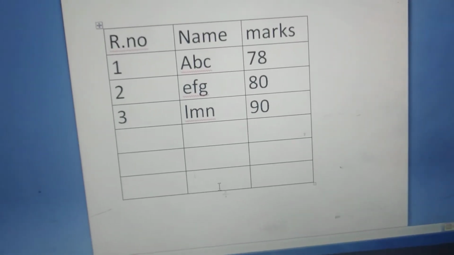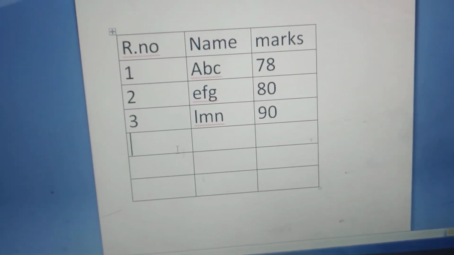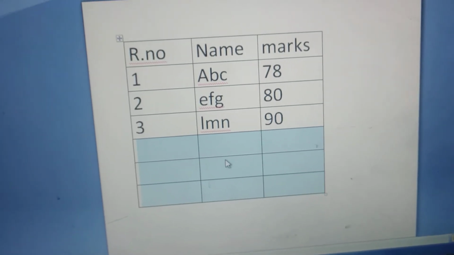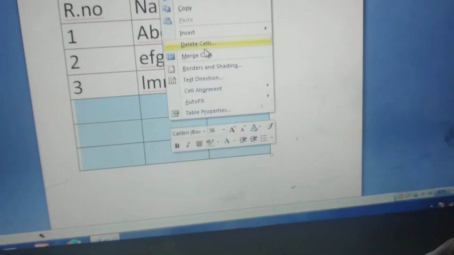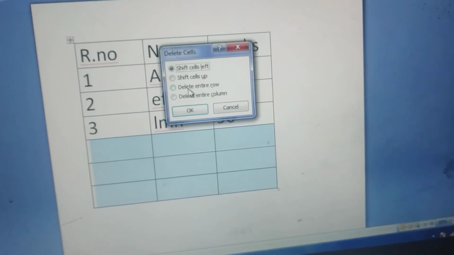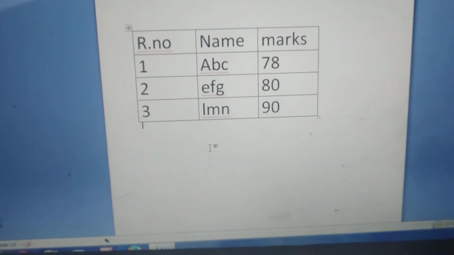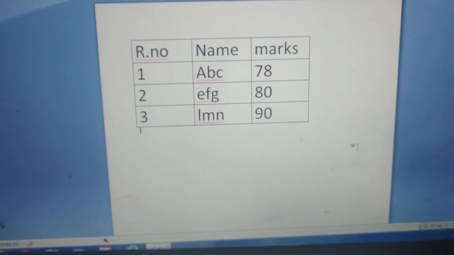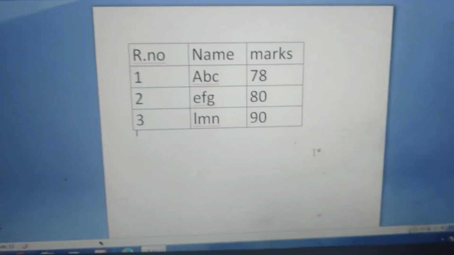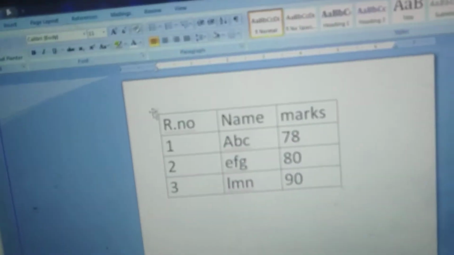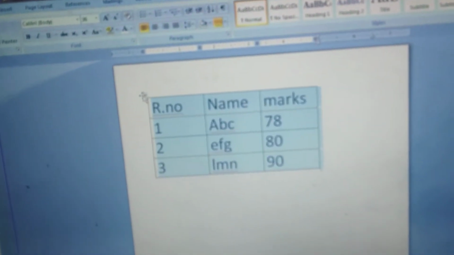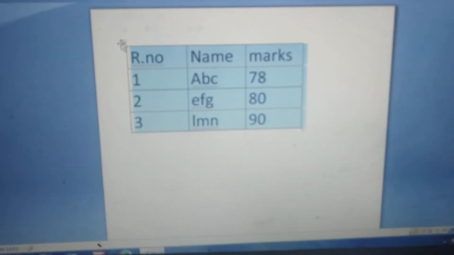Now I don't want these 3 rows also, so I will select all these 3, right click and Delete Cells, and here Entire row. Okay, see, the extra column and extra rows I have deleted. Now if you want to format it, then you can click on this 4-headed arrow, and the whole table will be selected.